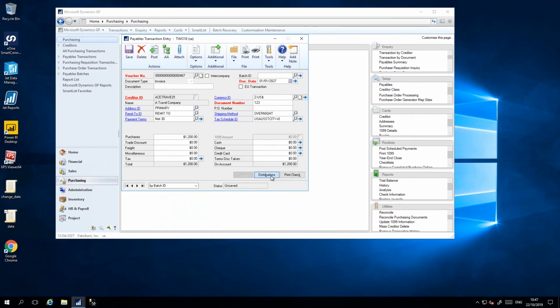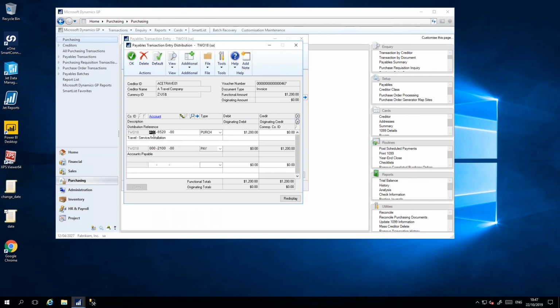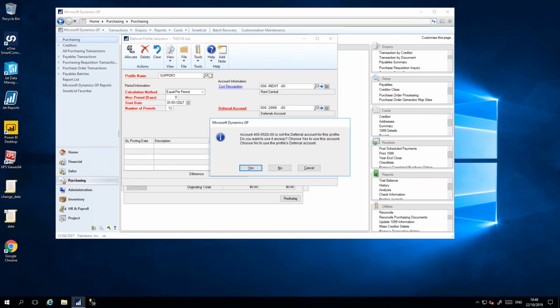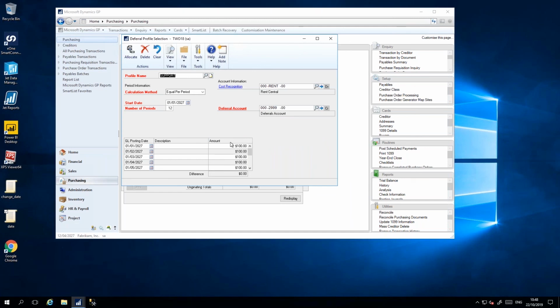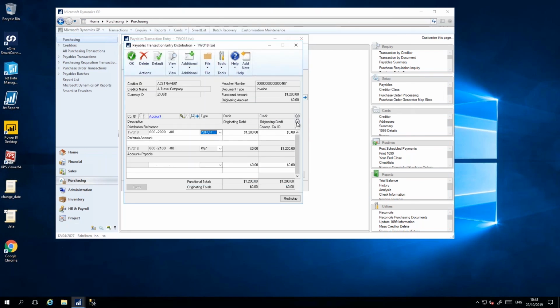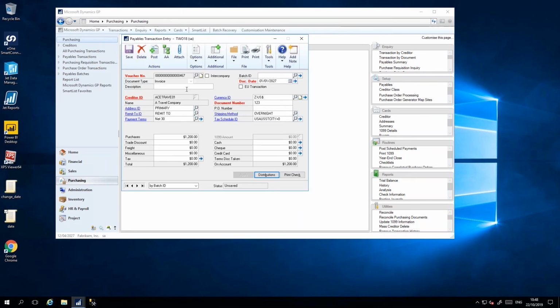And okay, so on my distributions, I want my purchase account to be that balance sheet account we set up. Now I can go to additional and pick my deferral profile. So it's not the account that I want to use. I'm going to use the profile's deferral account. And it has calculated $100 in this case to go to each of the 12 periods. And I am happy with that. So click the allocate button. So now when I post it,